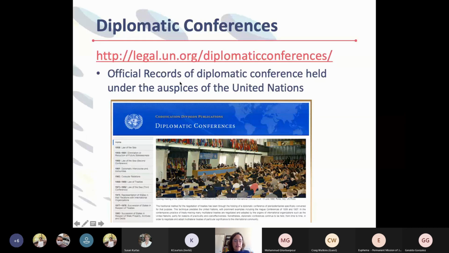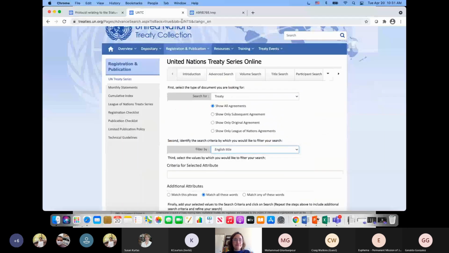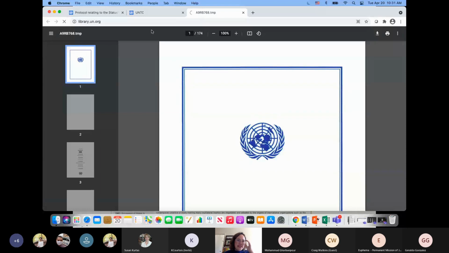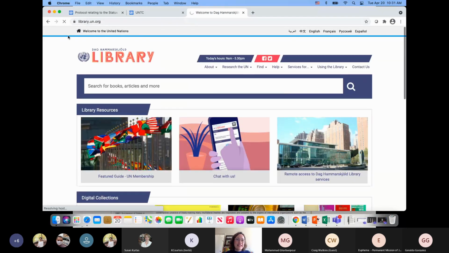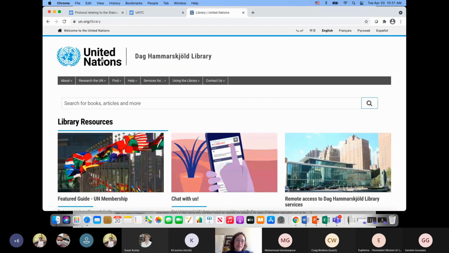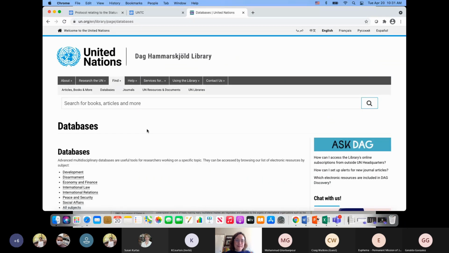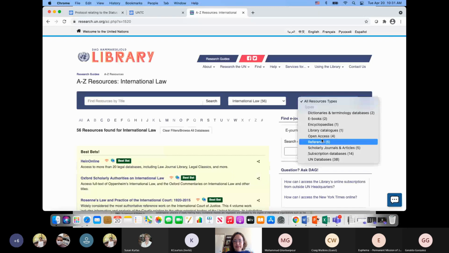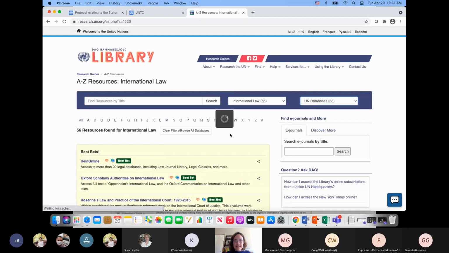So this can be found if you go to the library website. I put in our old URL. It's actually un.org/library. So that was on me. Find databases, international law. And then if I say UN databases here,